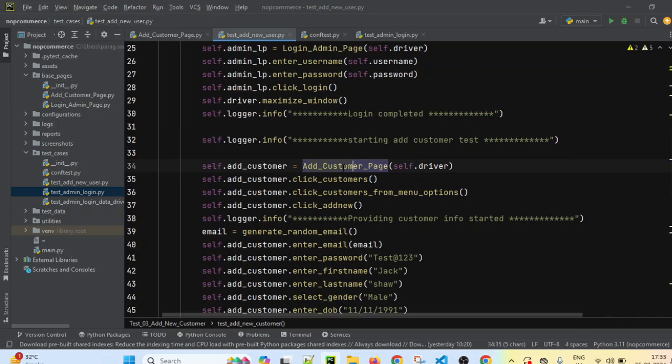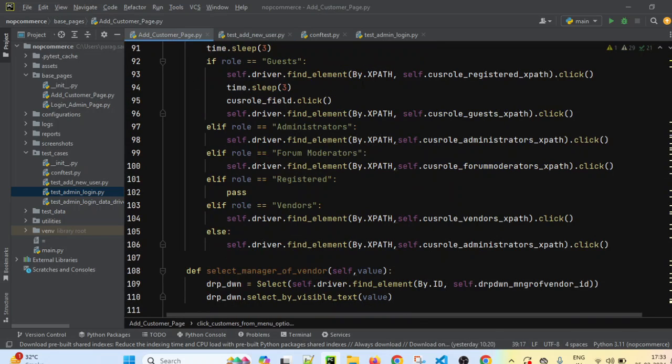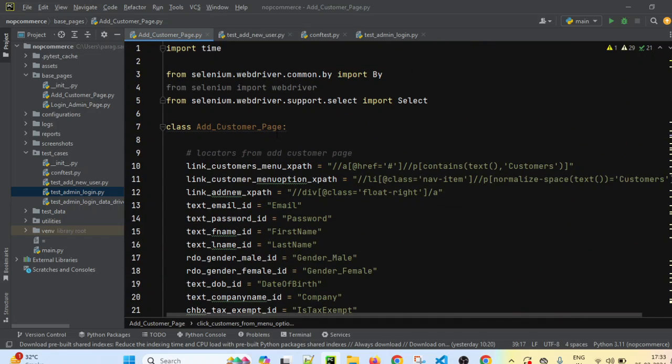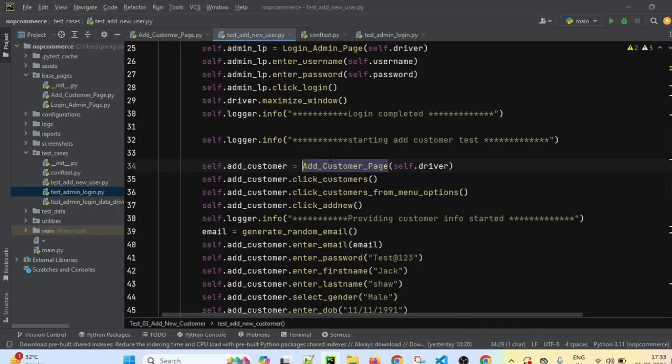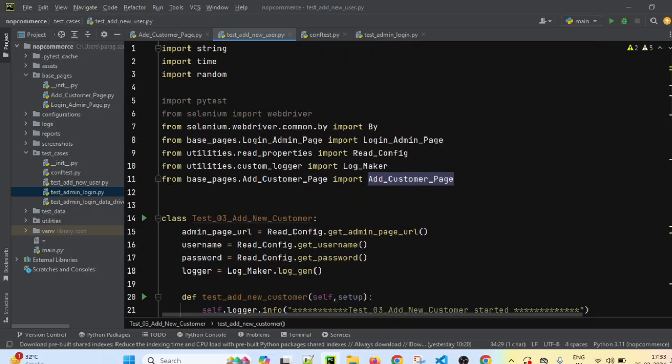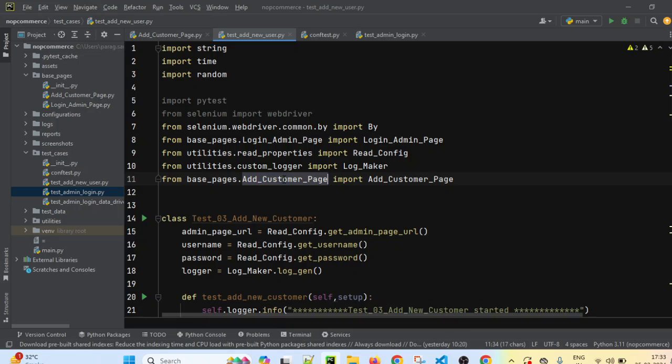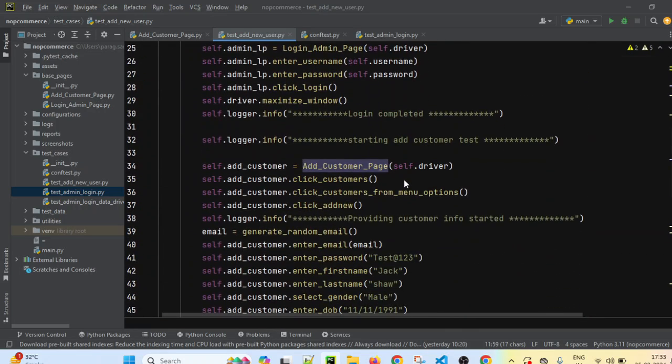Add customer page, right? So this is the base page we have created. If you see, add customer page, this is the base page which we have created. So we have to first import it. From base pages dot add customer page, we have to import the add customer page class. So once you import